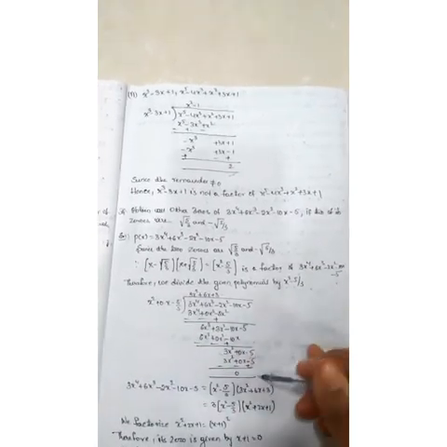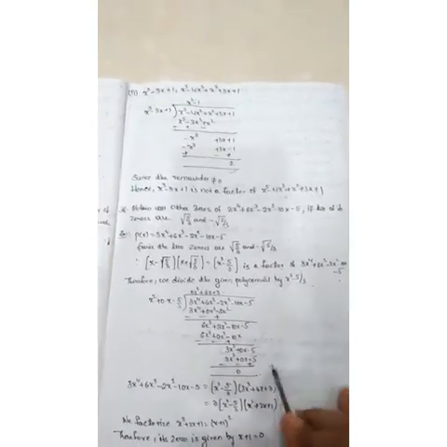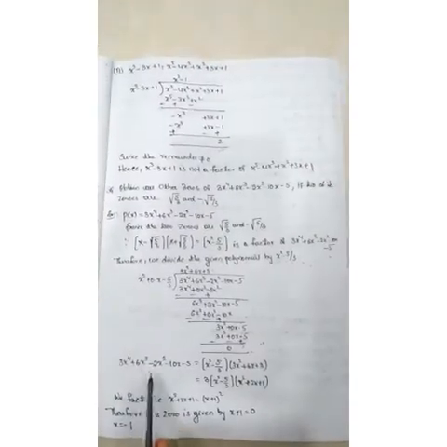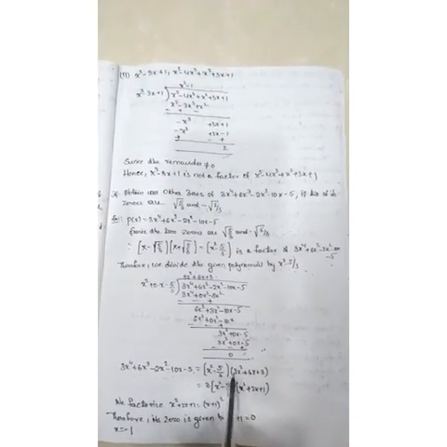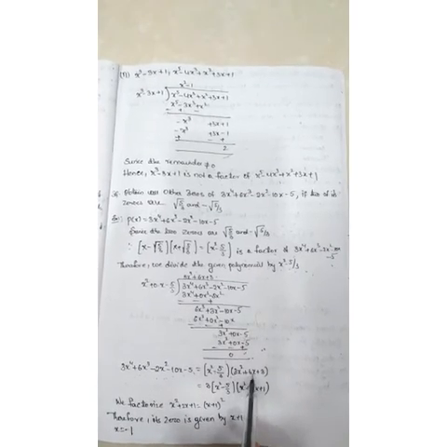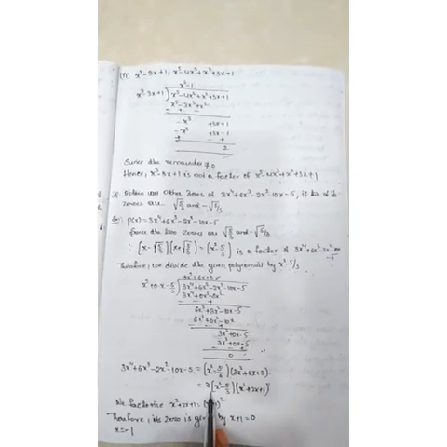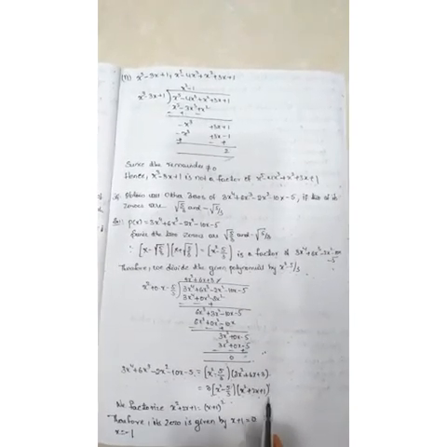We just need to do the division method and the remainder will be 0. So 3x power 4 plus 6x cube minus 2x square minus 10x minus 5 equals x square minus 5 by 3 into 3x square plus 6x plus 3. The quotient we need to take here. So we take 3 common: x square minus 5 by 3, into x square plus 2x plus 1.